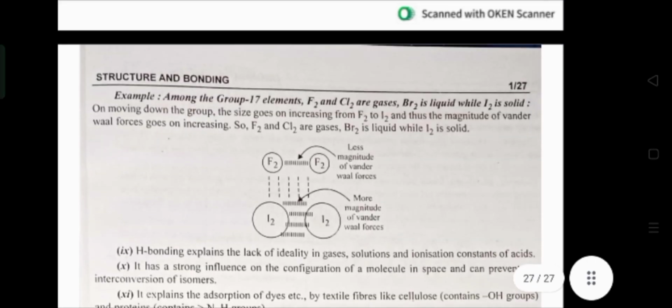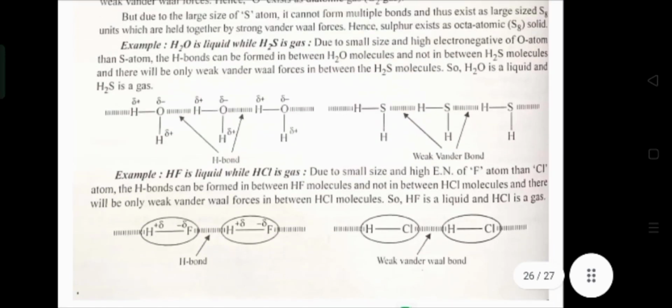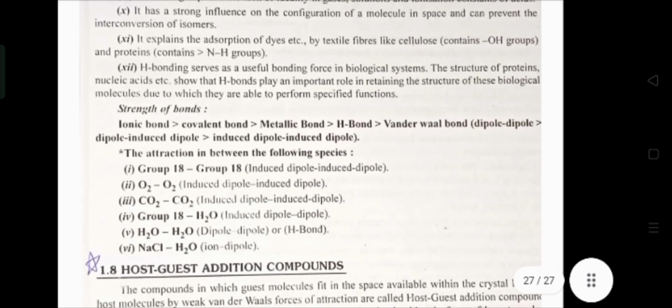Now we will discuss the strength of the bonds. Ionic bonds have maximum strength, then covalent bond, then metallic bond, then hydrogen bond, then van der Waals bond, in which dipole-dipole has maximum, then dipole-induced dipole, and induced dipole-induced dipole has minimum strength. That means less energy is required to break the